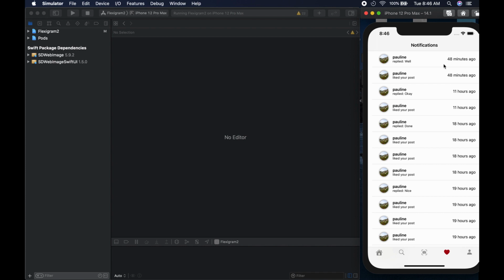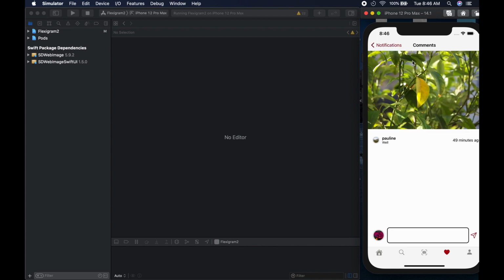So we could come here, and if you have logged in, on this page will only be stuff by other people, right? If you like your own post, you won't see it in the notifications, of course, because you know you did it, right? But in this case, Pauline replied as well, so we could click and see it. We could click and we'll go to the comment view and see this, right? So if we click on the Pauline